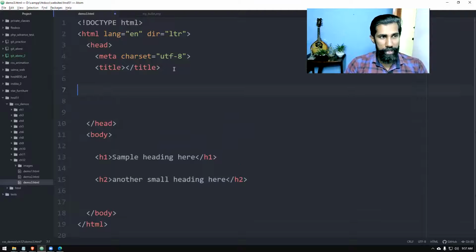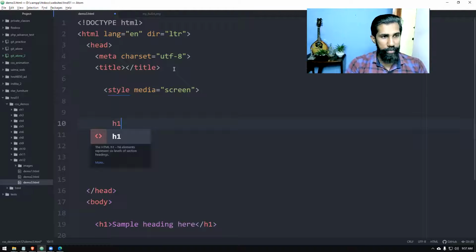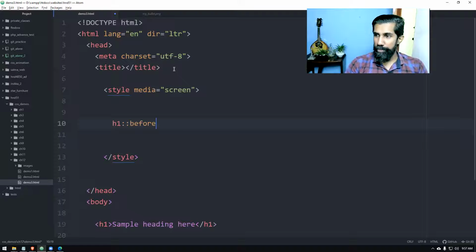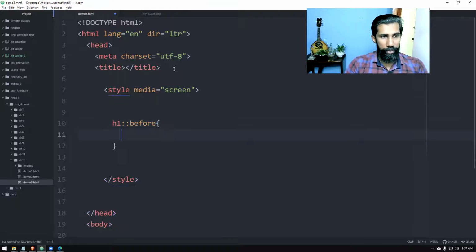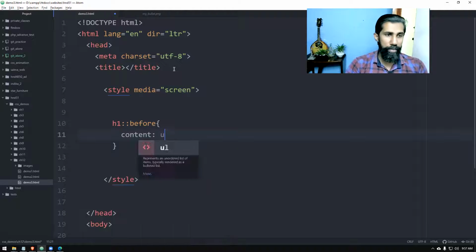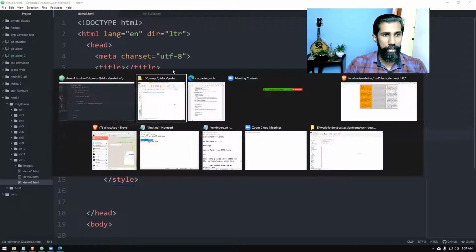So we can use it like this. We're going to use H1, you can use before, right? So you can use before, then you do like this, right? So give the open close curly braces, then you give content, right? Content, you say url, then you can give the image path, right? So we'll say images slash my underscore bullet dot png, right? So when you reload this,